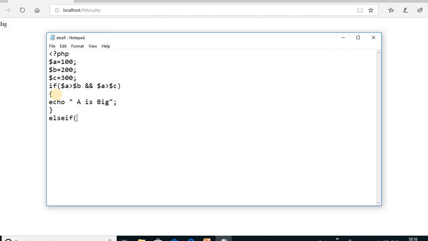In the next condition, we check B. So $b is greater than $a and $b is greater than $c. This is our next condition. If this condition is true, then B is the biggest.